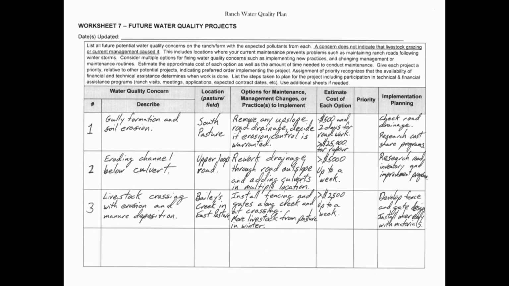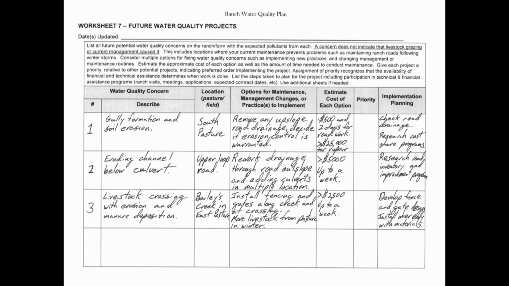The cost and time will depend upon the length of the stream to fence, what fencing materials are already on hand, and if you will be doing the work or hiring it out. For today's purposes, we estimated more than $2,500 and about a week's worth of work. Keep in mind that these projects can be cost-shared too. For implementation, measuring fence lengths and designing the layout of the fence and gates on both sides of the stream are a good first step.